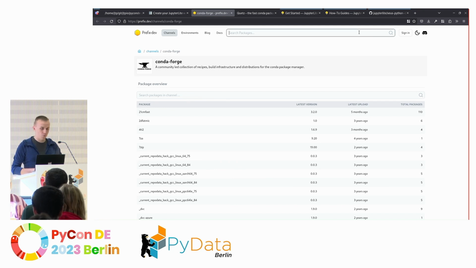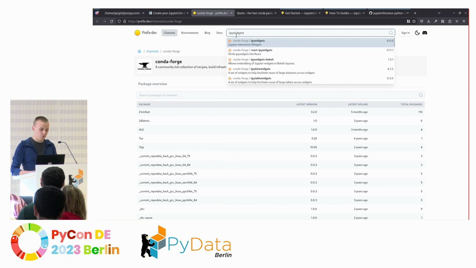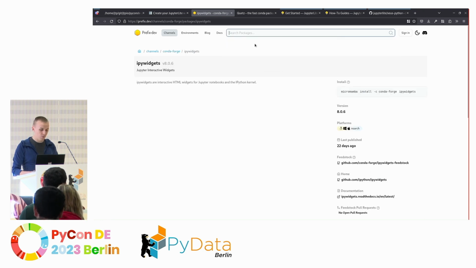And we'll see it again later, but just to give you an idea, if you want to see if a package is available, you have to check in 2 places. If you were just using a normal Jupyter, you could just check on Conda Forge or PyPI. But here, since we are in a browser, not everything is available. So the first thing you can check is, for example, let's say PyWidgets. PyWidgets is this thing that lets you create